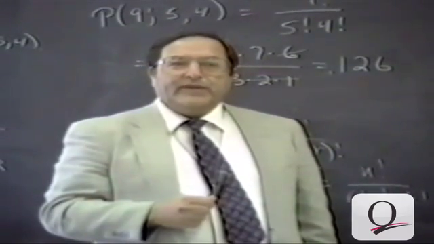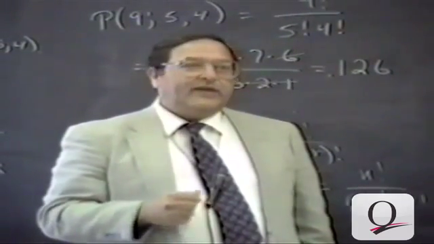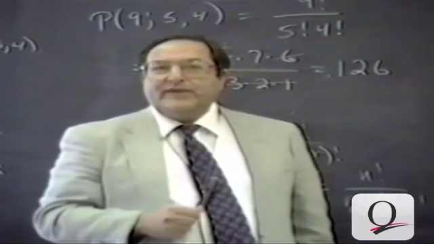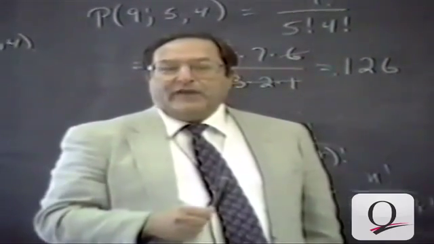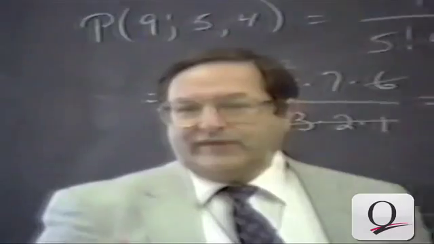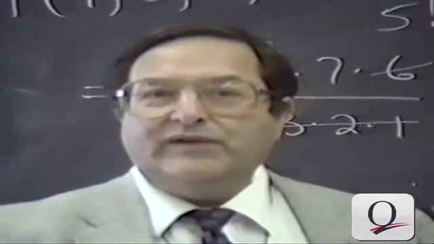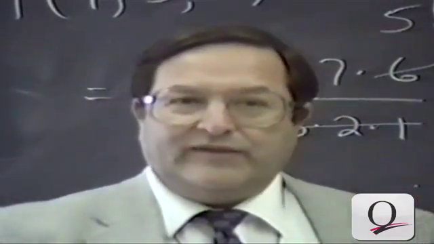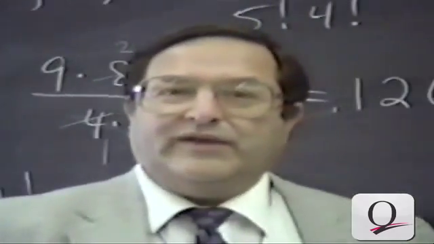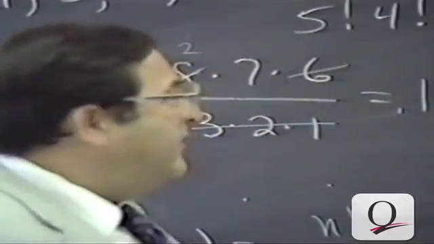Or let's say you want to pick a committee from your class. Let's say the class is 20 people. You want to pick a committee of 5. As long as you don't specify, let's say, president, vice president, etc., you just want to know who's included. That's not a permutation anymore. We call these combinations. And a combination